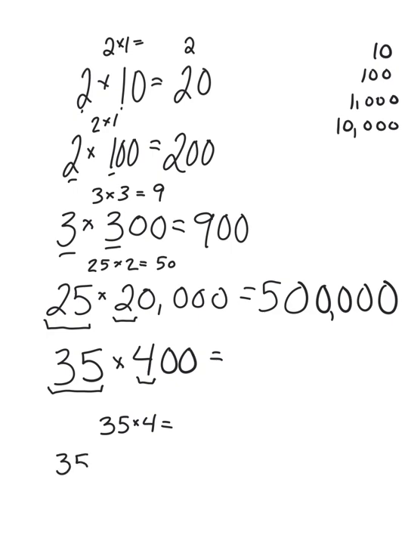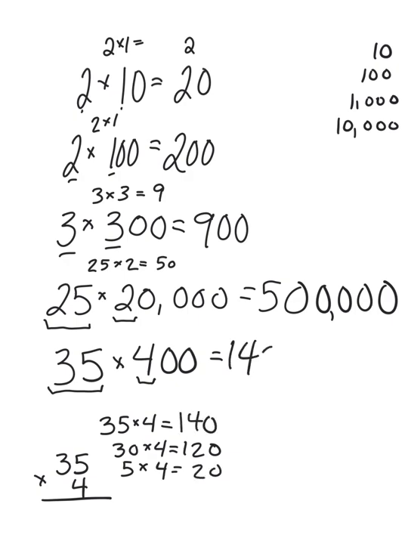If you like to multiply using the US traditional algorithm, you can do that. If you can do it in your head, you can do that, however you want to multiply. I like to kind of challenge my brain a little bit, so I'll do it my number talk way. So I'll do 30 times 4 will give me 120, and 5 times 4 will give me 20, so this is 140. Okay, so I multiplied my non-zero digits, 35